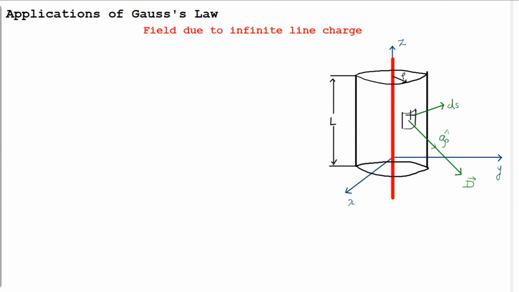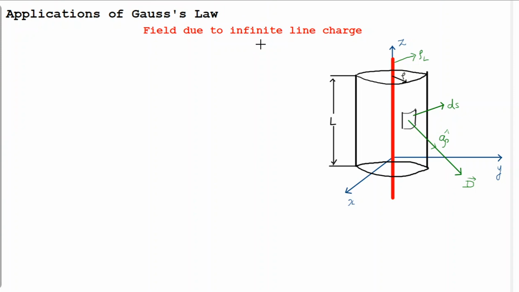So I will consider a small portion for derivation purpose. The small portion is ds, and I am just going to calculate how much is my flux density in this particular area. And I understand that this D is along the radial direction. So radial direction is nothing but the radius direction, that is rho cap. Is all this very clear? Okay, so I'll label that the line charge density is rho L also. Okay, now we are ready with the diagram.